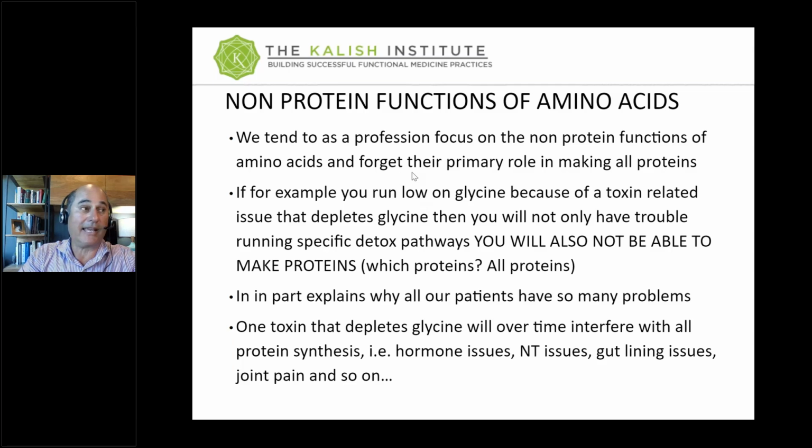As an example here, if you run low on glycine because you have some kind of toxin issue, let's say you have an exposure to glyphosate, or mercury fillings in your mouth, or the patient has some kind of environmental toxin exposure, which is pretty common. Maybe they have a mold related problem, or it could even be internally generated, like a gut related problem, something that's generating a lot of toxins in the system that they have to deal with. That can deplete your glycine. Now, once your glycine's low, because of this overwhelmed detox pathway that's been working so hard, you're also not going to be able to make proteins, all proteins.